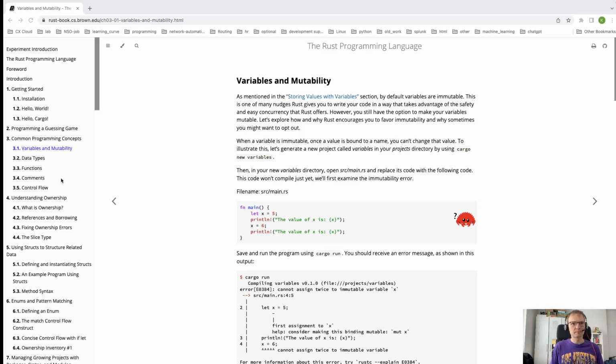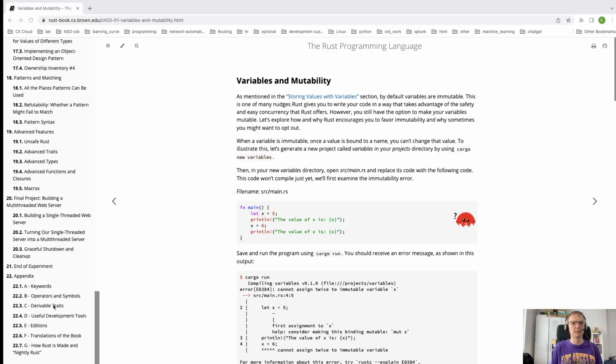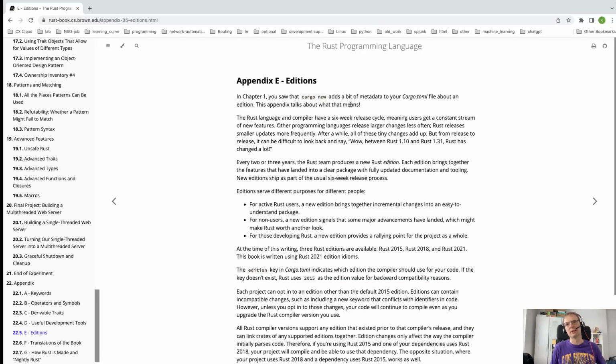So now let's go back to the video and let me start off with the additions that we have kind of omitted during the last one, because I just didn't have a proper read through things. So if I look at the appendix and additions, what you can tell is that in Rust, you will have a constant 6-week release cycle, which means that the users will be getting a constant stream of updates